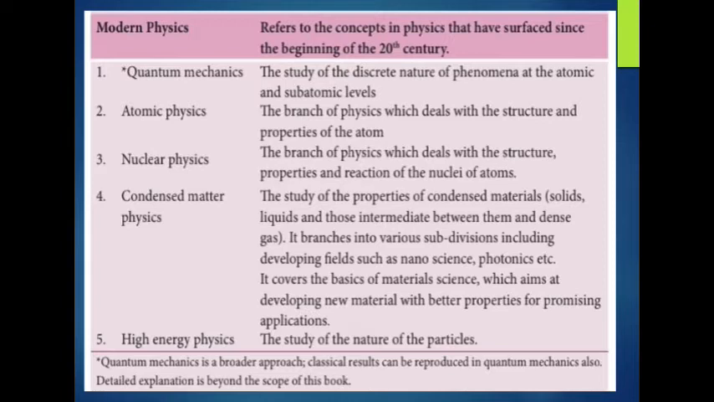Okay, and the fourth one, what is condensed matter physics? Condensation of matter, it's a fourth state. You already know the three states, solid, liquid and gas. But there is another state, the condensation state. It's like a jelly, that state will be jelly type. It is a high temperature state. In that state, the solid and the liquid are combined, so that's called the condensation state. It is the study of properties of condensed materials like solids and liquids, which are intermediate between dense gas and